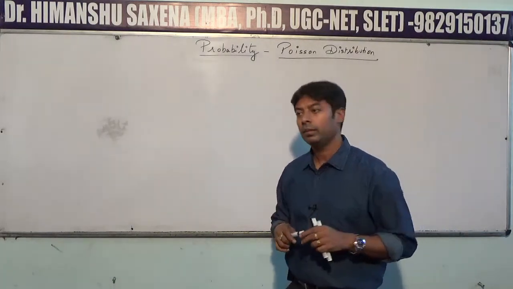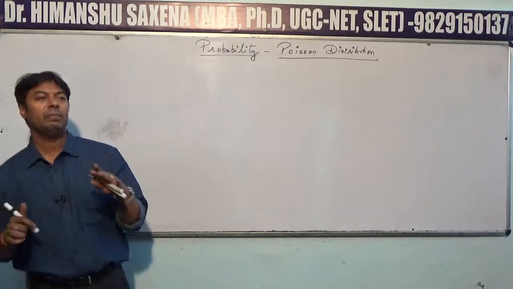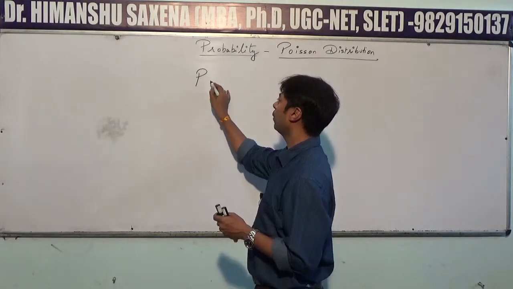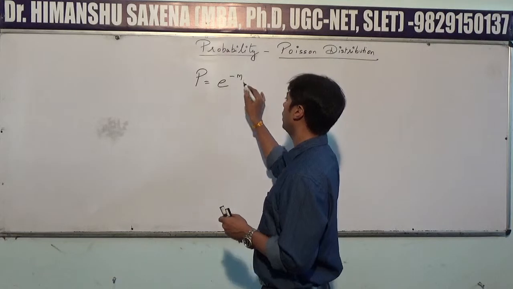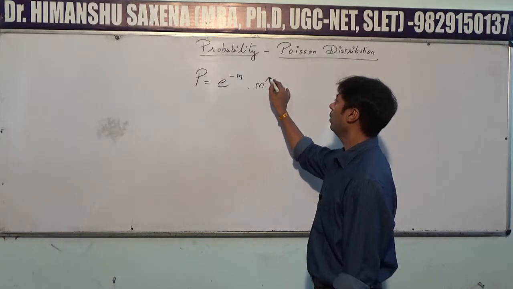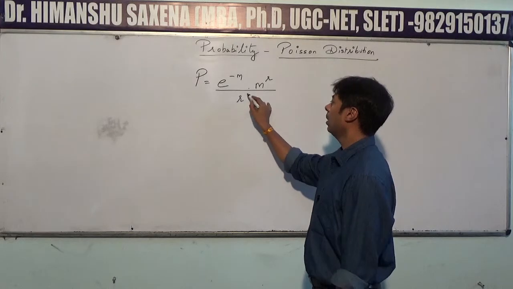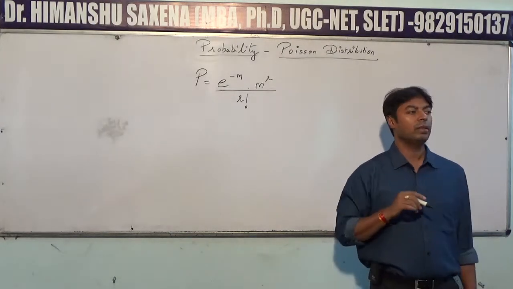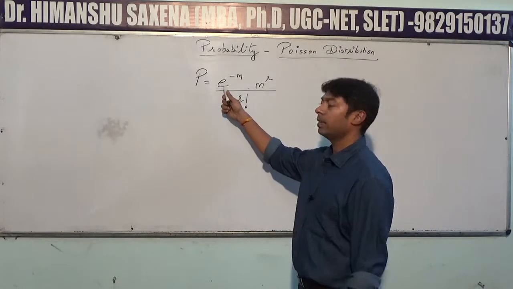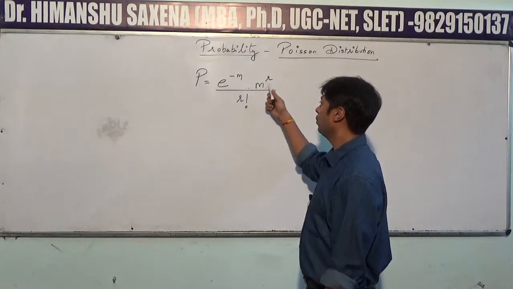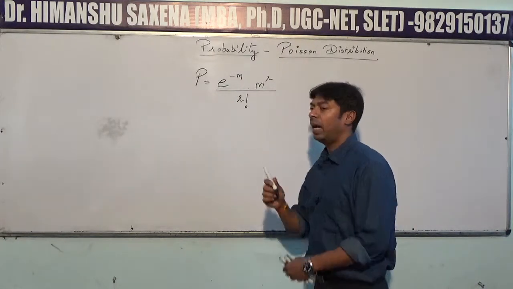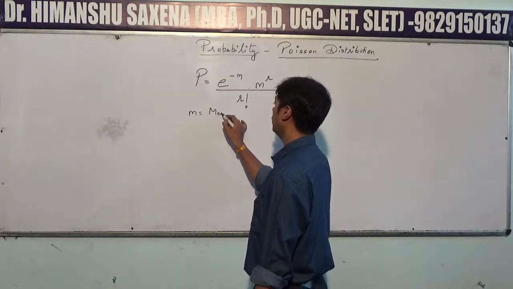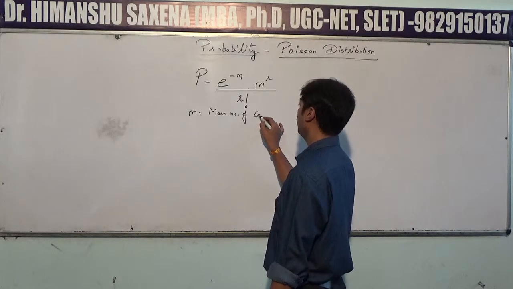Poisson distribution is used to calculate very minute probabilities, and that is done with the help of this formula: e to the power minus m, m to the power r, upon r factorial, where m stands for mean number of cases,